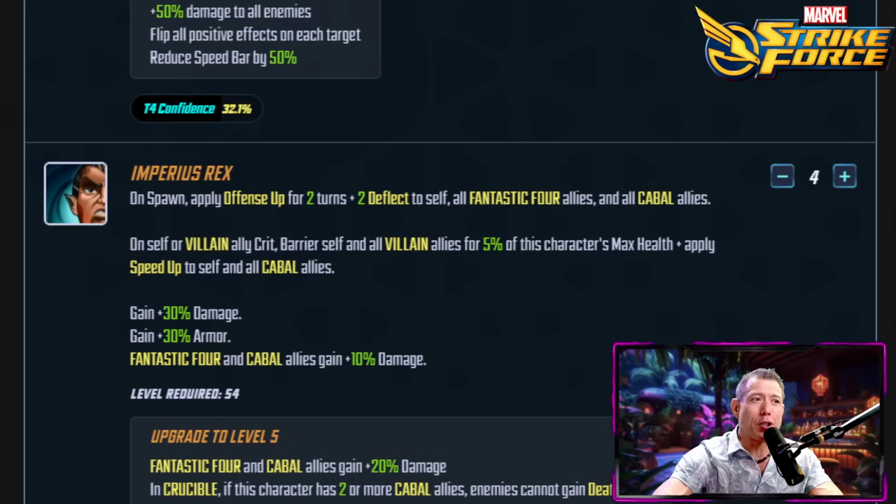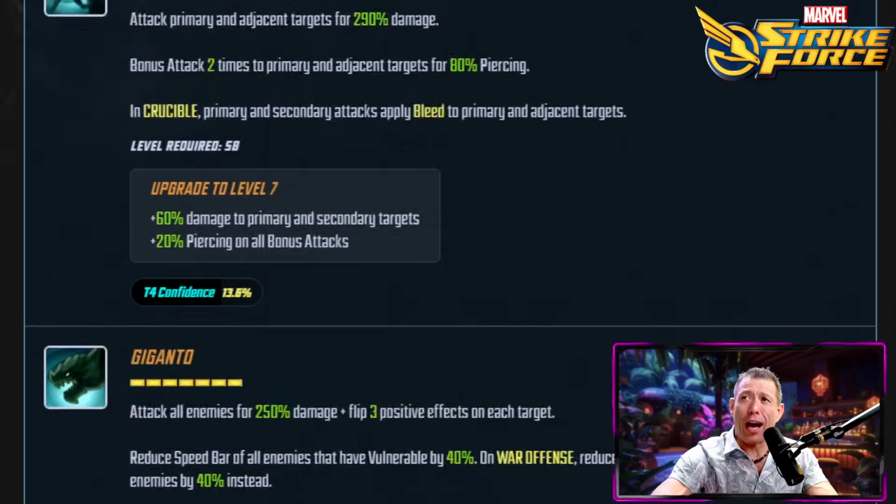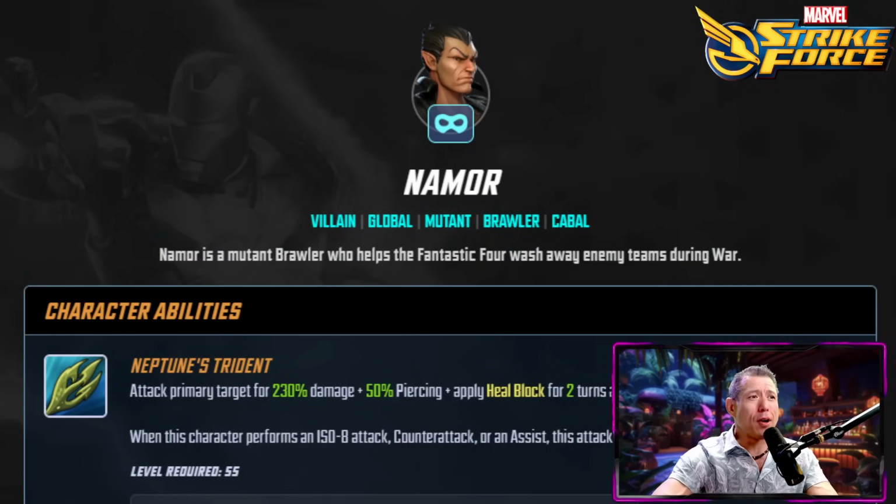The other great T4 that you could put on Namor is on his passive. It's going to give more damage to Fantastic Four and Cabal. You're really doing this for Cabal and also helping in Crucible. This character has 2 more Cabal allies. Enemies cannot gain death proof. It's going to be easier to kill them with this passive of Namor. So yeah, great character, great member of Cabal, and is kind of in this 10th spot right now as default